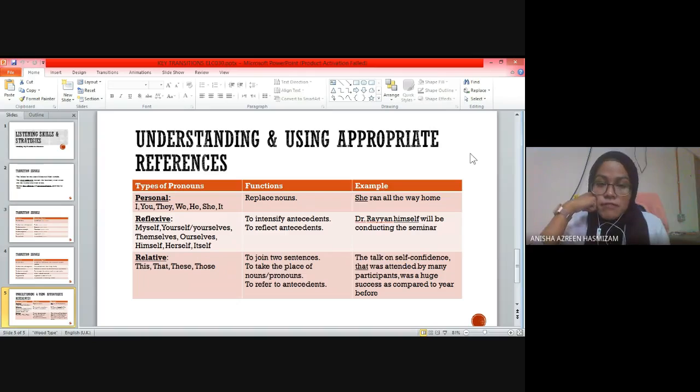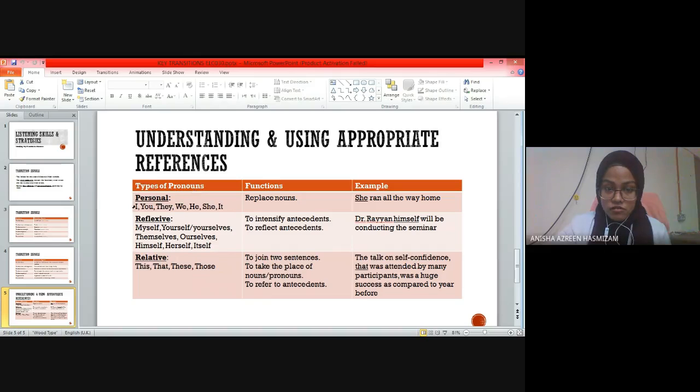Reference word contohnya macam Lydia tu kan noun kan? Lydia is a noun. Okay. Lydia tu proper noun. So in order to replace the noun, you can always just use perkataan Lydia. Lydia is a girl, so you can use she. Okay. Lydia is one of the best students. She is also a good businesswoman. She, macam tu. Itu maksudnya reference ni, itu je sebenarnya. Okay, you can use to describe.